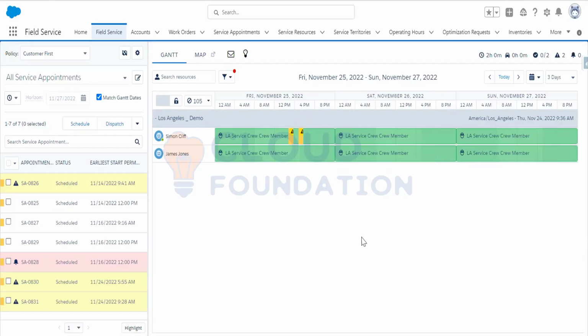Now, today we'll be talking about maintenance plans. What maintenance plans are and why they are required. It is a very important feature in Field Service Lightning. So let me tell you, to understand the maintenance plans specifically,